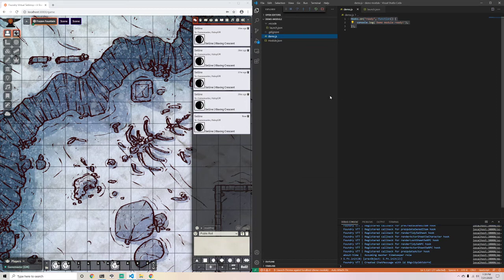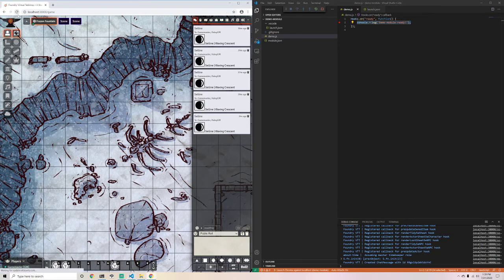However, if you want to actually do some debugging, then you'll need to go back to your JavaScript files, or whatever you're working with, and set up some breakpoints. So we'll do a very simple breakpoint here that fires as soon as it gets to this console log statement. Just click here in the margin to set a breakpoint. And since this doesn't actually fire except when the ready hook fires, we'll need to reload the page here to